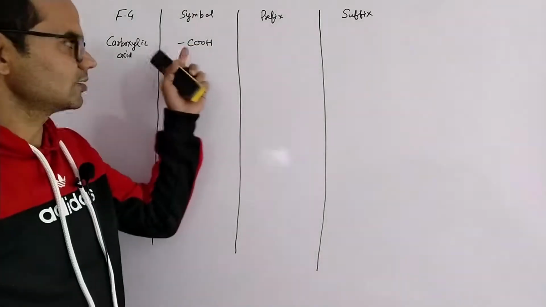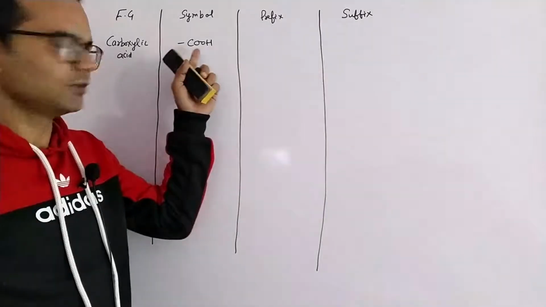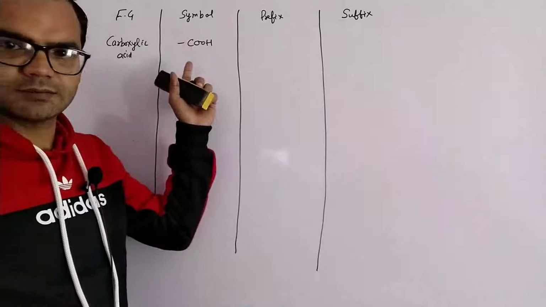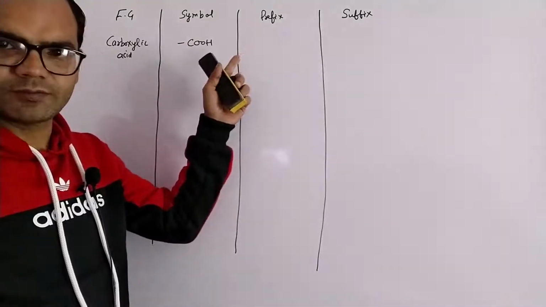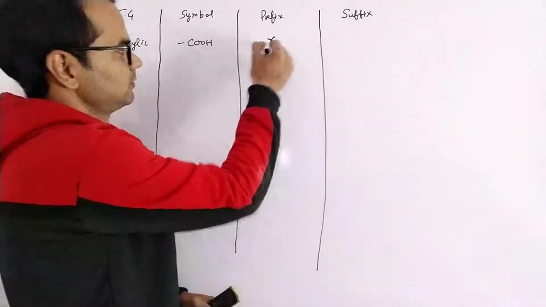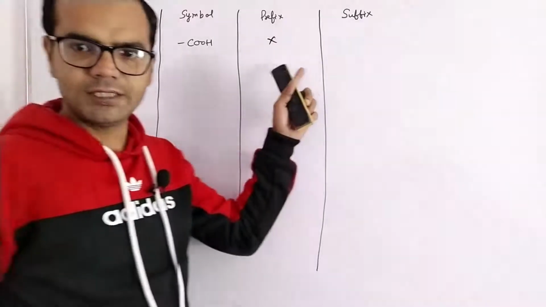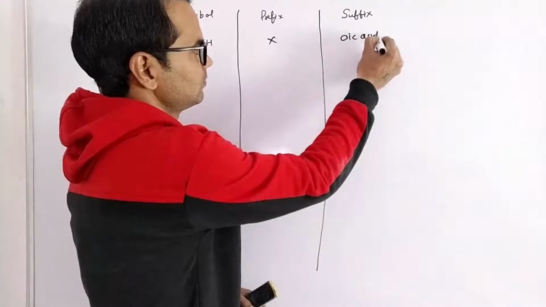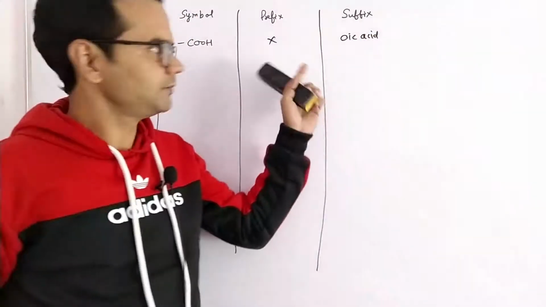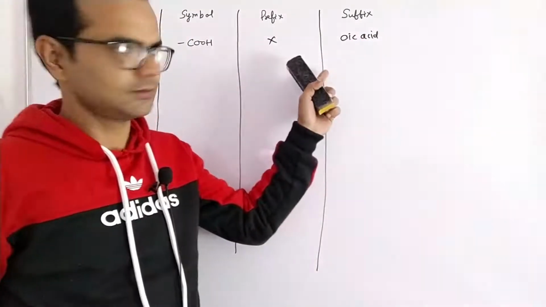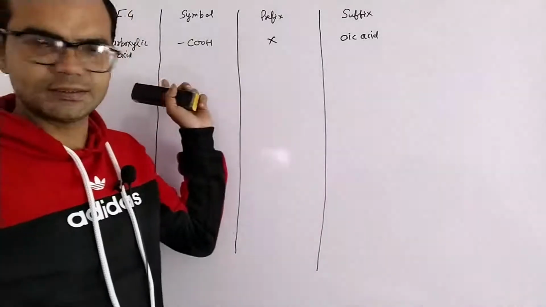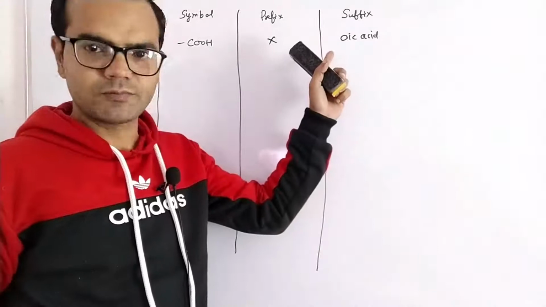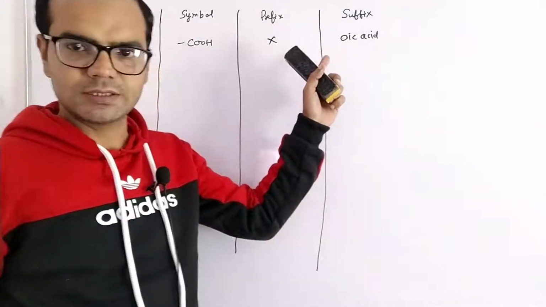carboxylic acid. Its symbol is COOH. It is the highest priority group, so its prefix is not used. Its suffix is oic acid. The general format may be alkanoic acid. So first is carboxylic acid, suffix oic acid. It is the top highest priority group in organic chemistry. Second is